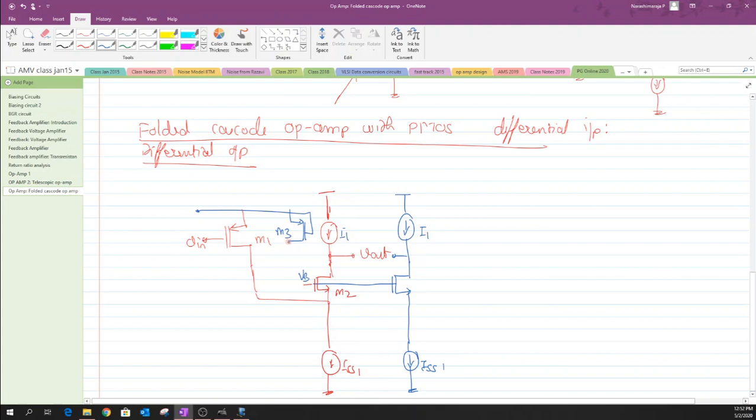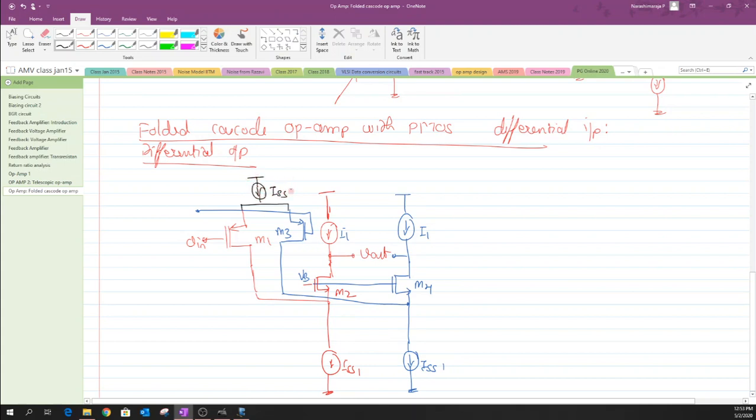And now we have to connect the drain of M3 to the source of M4. Okay, so let me just try to connect it here, and this is the circuit setup. It's just the mirror of the M1 M2 ISS I1 configuration that has been reflected on the other side. Okay, but there is something extra that we need to add here, and the extra that we are supposed to add is basically this current source, which acts as a kind of